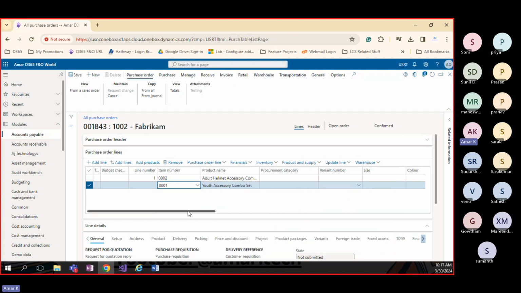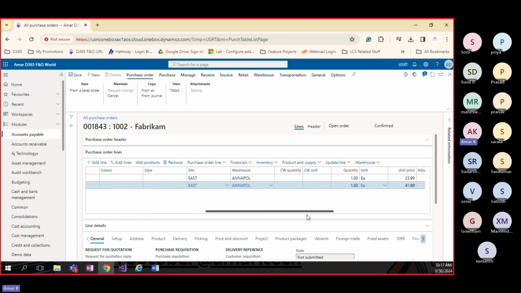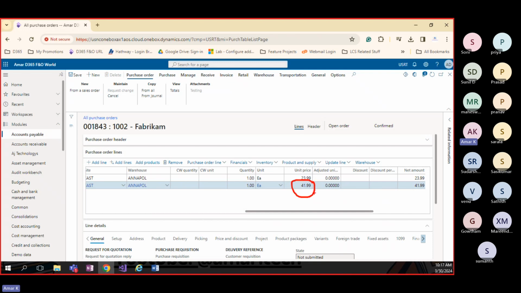So I have purchased it. So here the price is coming. This is the general price they have attached. But my customer is asking, this is a general price, I don't want to showcase this price to my client. And this is a festival season. So this time I can give by default